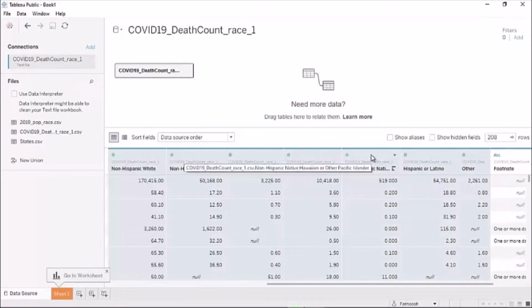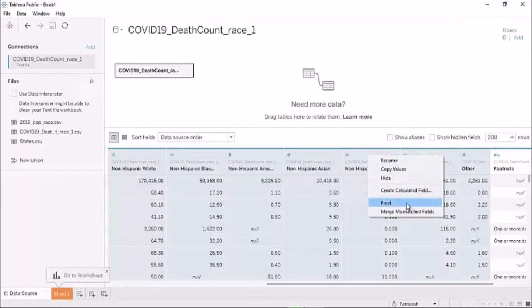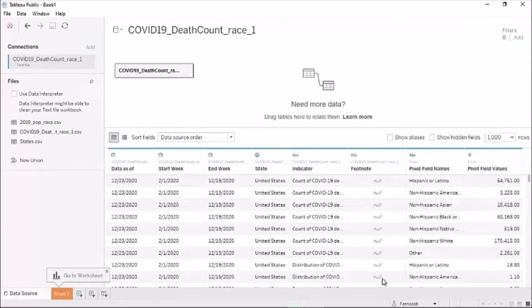Now right click on it and select pivot. Now I'm going to rename these two fields. The first one, pivot field name, I rename it to race